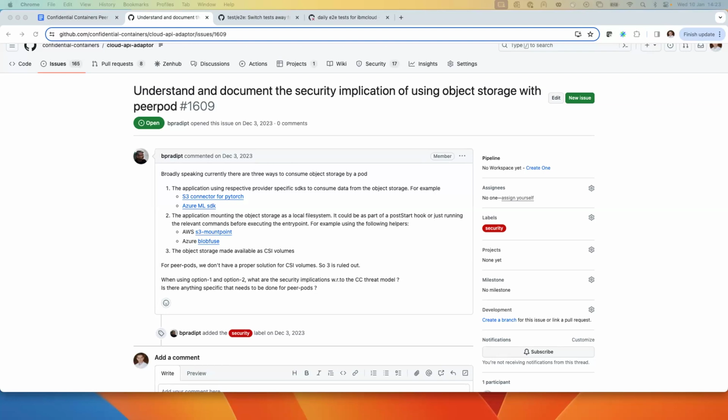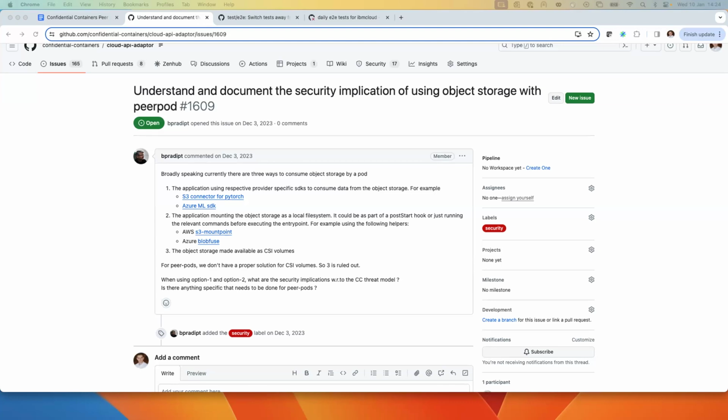Now the question is, if this model is used in the confidential containers case, does that create any security implication? Technically, it works, and it can be used in multiple ways. One is blobfuse as part of the pod itself, where it first mounts and then uses the storage.